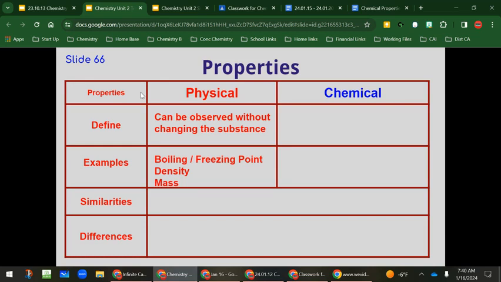Now, not boiling here. Understand this is boiling point. Because if it was boiling, what would that be? It would be a change. It would be an action. These are not actions. Okay? All right. In a chemical change, something new is created. So a chemical property is a property that causes a new substance to be created. It causes something different to be there than was before.